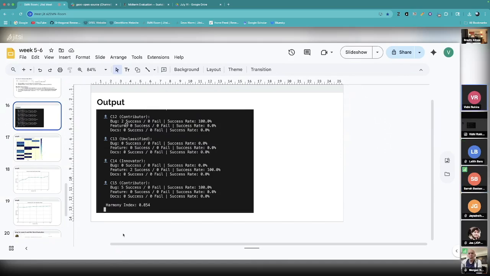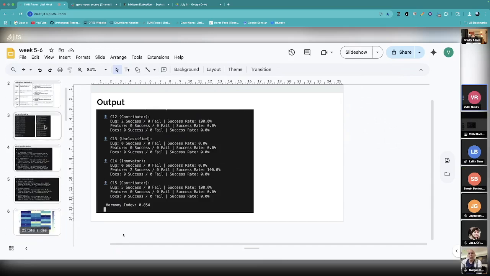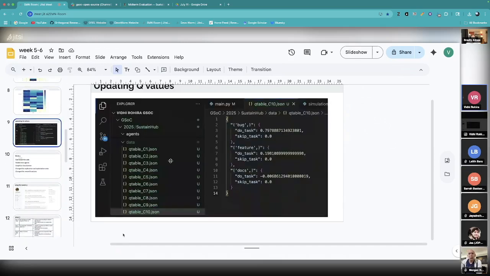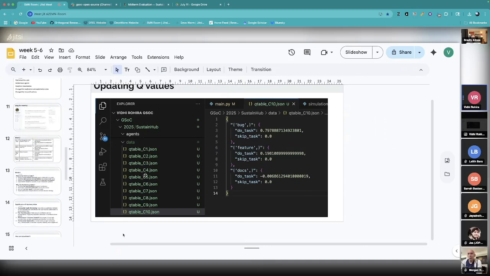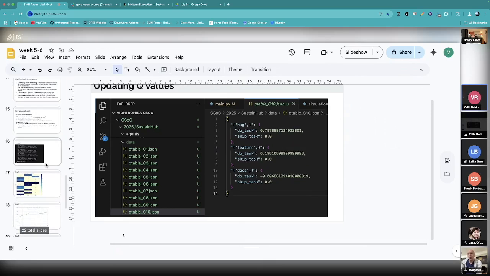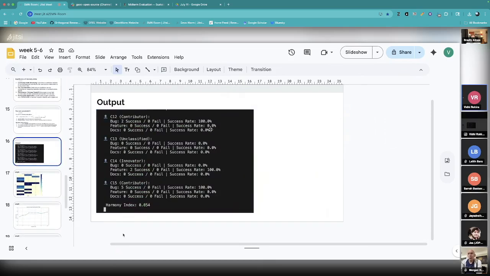Yeah, because this is like 2 successes right now, and I had deleted all the data files over here, which I mentioned, like data and then this qtable.json, and then there's one other agents.json file. I deleted everything and started fresh because I didn't want any previous memory. I wanted everything to start again. So that's why it was 100% and 0%, because it's the very first time I run the code. But when I run it after a few more steps, it will get back to the other rates.